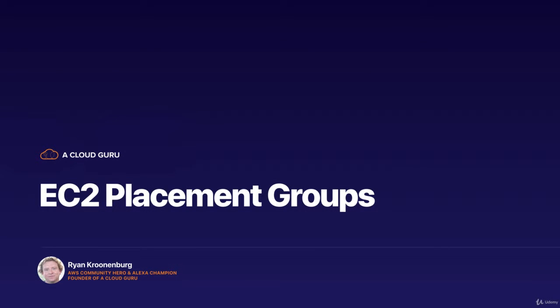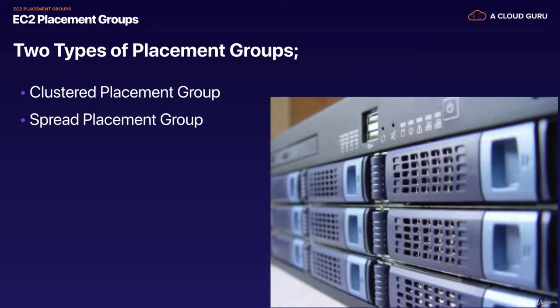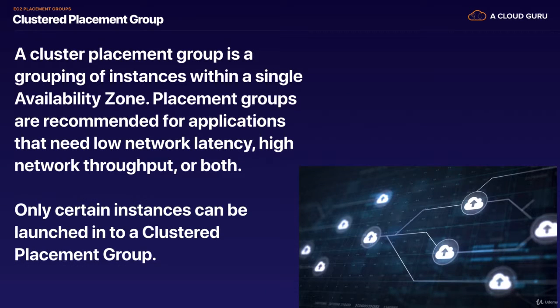In this lecture, we're just going to look at EC2 placement groups. There are two different types of placement groups: clustered placement groups and spread placement groups, and they are completely opposite to each other. Let's start with clustered placement groups, which are basically a group of instances